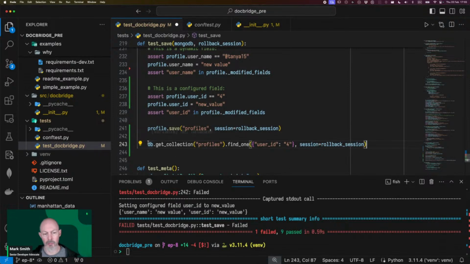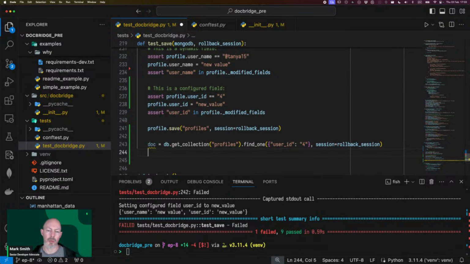I'm not going to wrap it just because it adds extra abstraction, like, places for errors to be difficult to track down. Should I call it doc? Yeah, call it doc. That's a good name. And it is the same document. I want to check that that document's been updated. So then I want to assert doc, and then I'm going to look up the field by name, user ID equals,